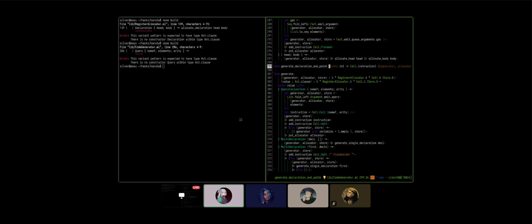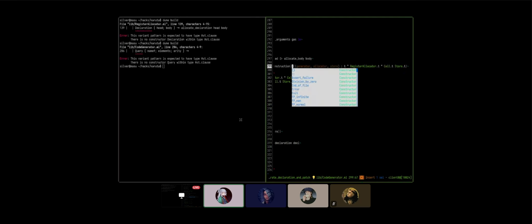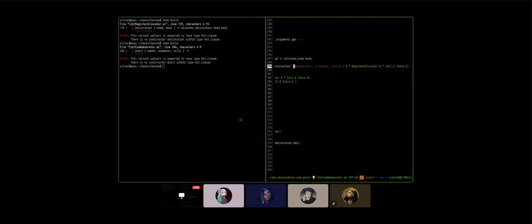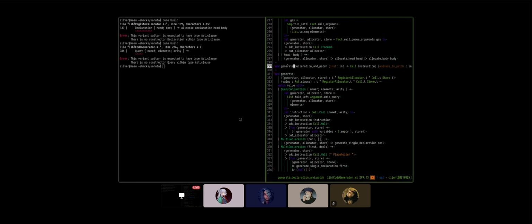Okay, so generate declaration and patch. We need to take this function. We need to take the triple that we are going to need. We need to take the address to patch, which is an integer. And I think we actually also need something else.